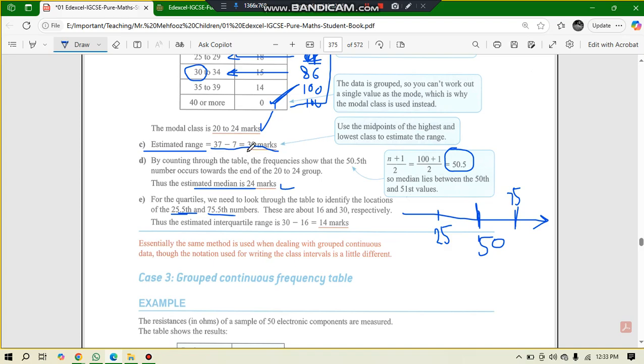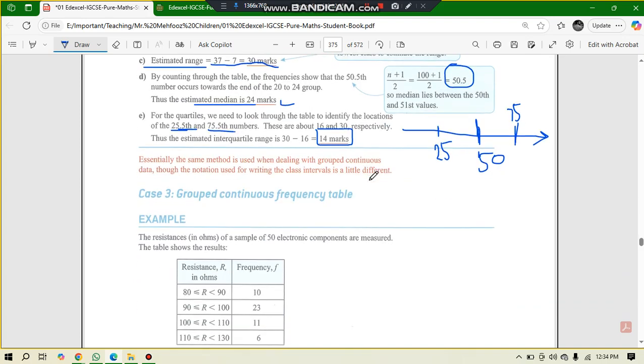Understand or not? Yes. Okay, so that's why when we are finding the value of the interquartile range, it is the difference of these two values. So the interquartile range will be 14 marks. Any problem? No. Next one is